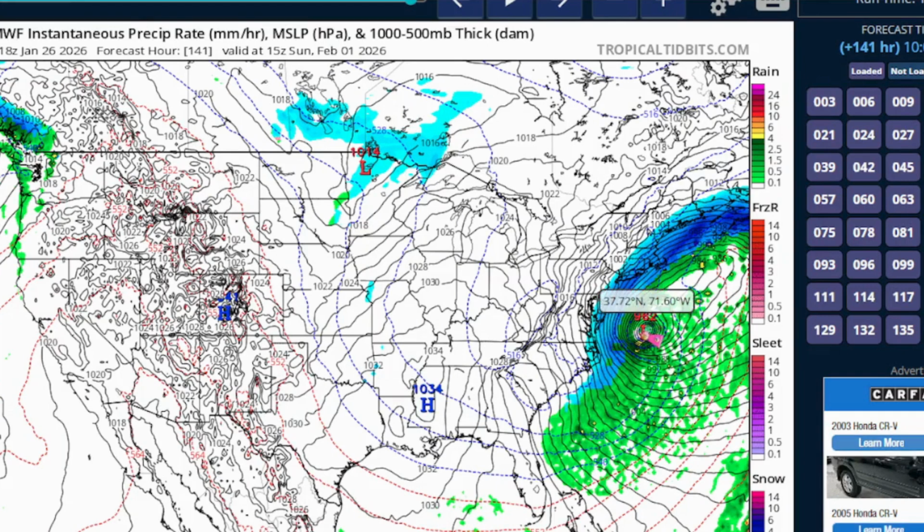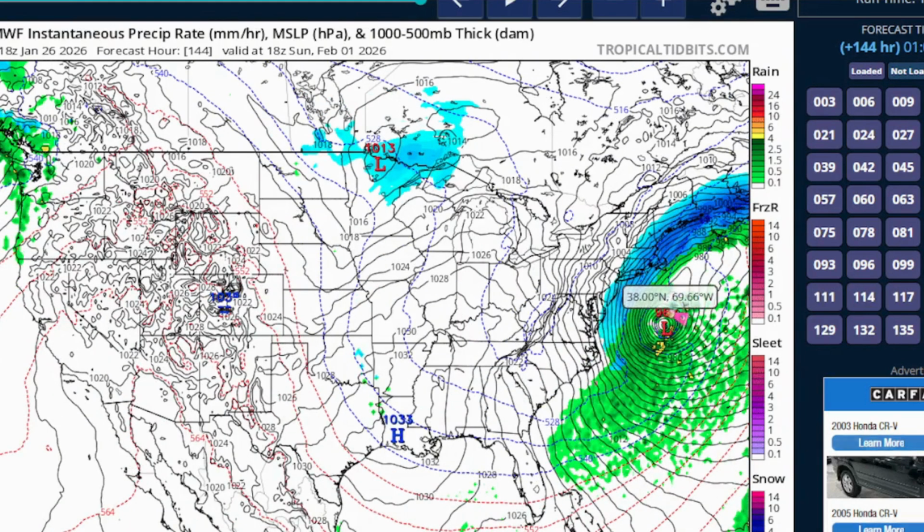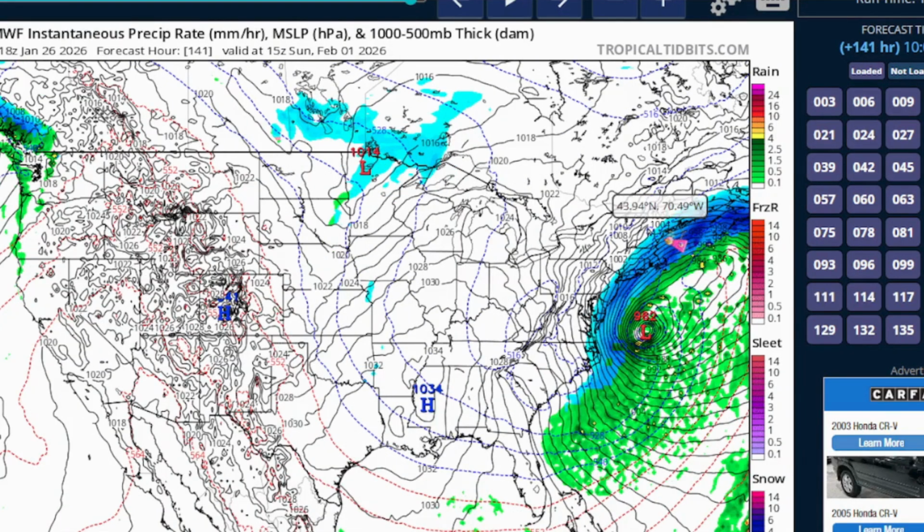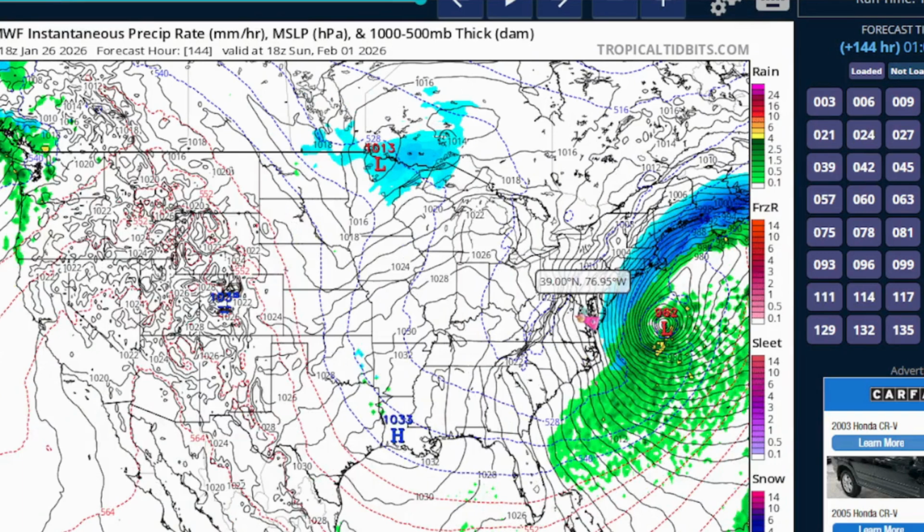But as you can see, this low pressure system that's coming up in the south is just too confusing to tell if this snowstorm could eventually reach into the Virginias and the North and South Carolinas. As we move on, you can see that this is a bit of a niche case, as we will show further.